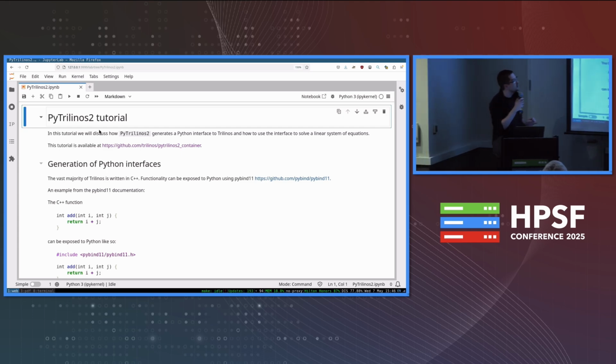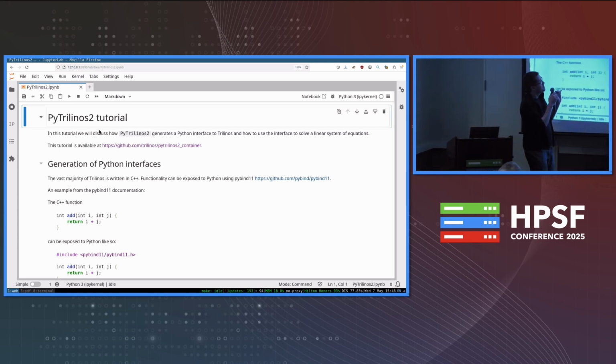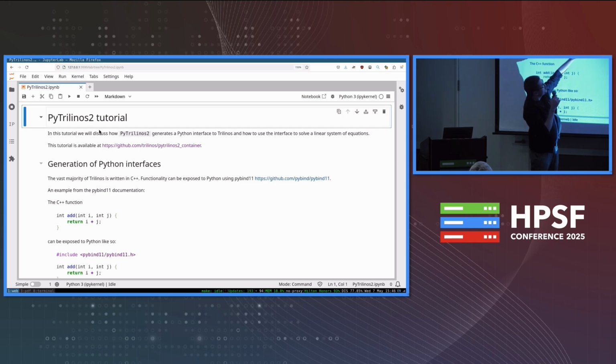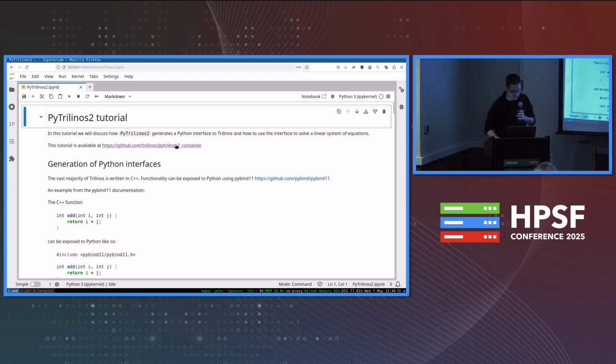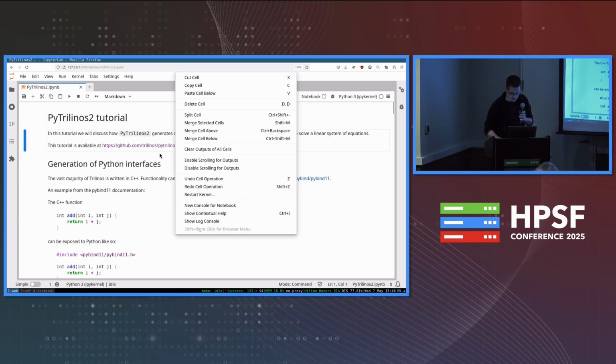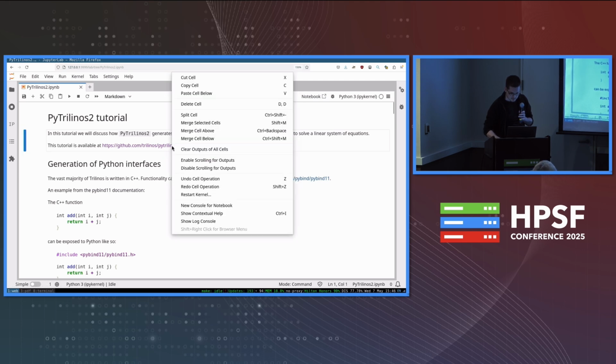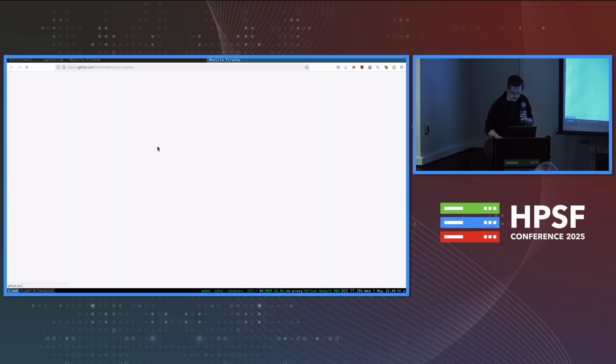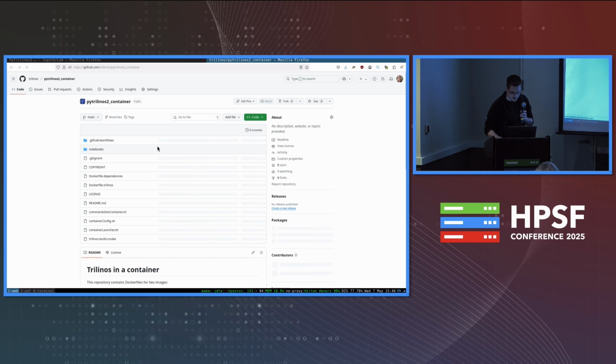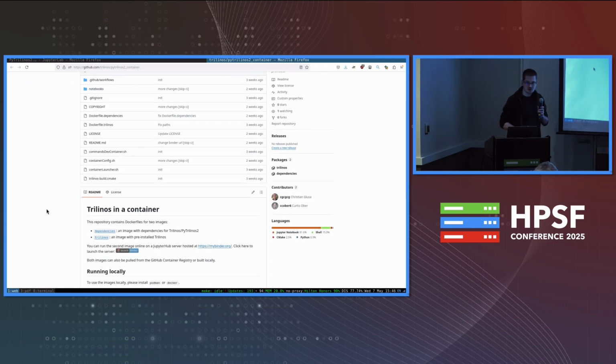I think that's readable. So if you could go to a repository under the Trilinos organization and click on go to the PyTrilinos2 container. So I'll do that. Come on. Well, maybe I won't do that. There we go. Okay, and if you just scroll down a little bit, I don't want you to install anything